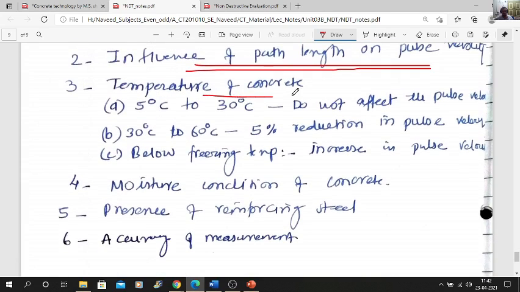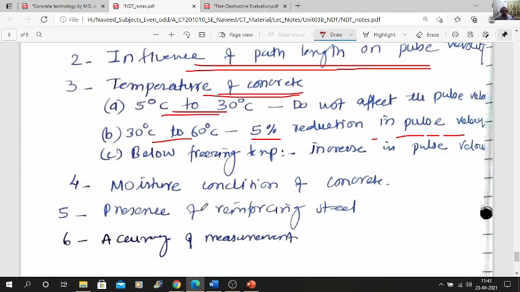Temperature at the time of testing will also affect. Between 5 and 30 degrees does not affect the pulse velocity, but above 30 degrees Celsius up to 60 degrees Celsius, a 5% reduction in the pulse velocity is observed. So that's why temperature also affects.